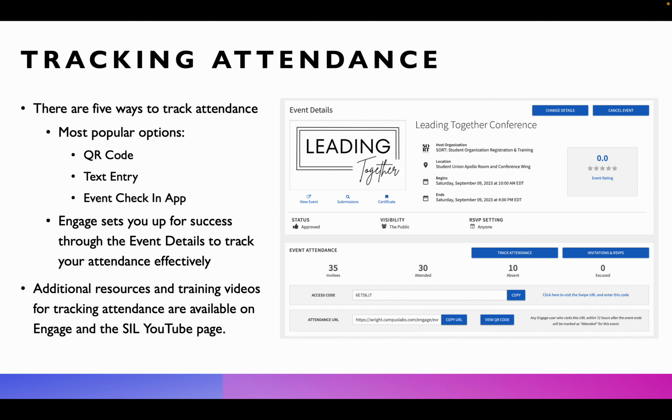The QR code is actually already provided to you through Engage. And so you'll see here on the page that we have our event details. At the bottom, it says attendance URL, and right next to that is view QR code. If you were to click that button for the event, you'll be provided a QR code that people can scan in to track their attendance on their own. If you have a bigger event, or maybe you just can't manage tracking attendance at your event, you can always provide the QR code. Text entry is where people are literally just typing in their own